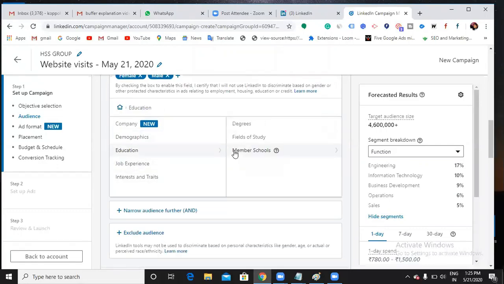So why is it showing me education and companies, these options, in LinkedIn? Yes, it's a job portal. Why? Because while creating an account in LinkedIn, it will ask you questions, right? If you are a working professional, what is your company name?